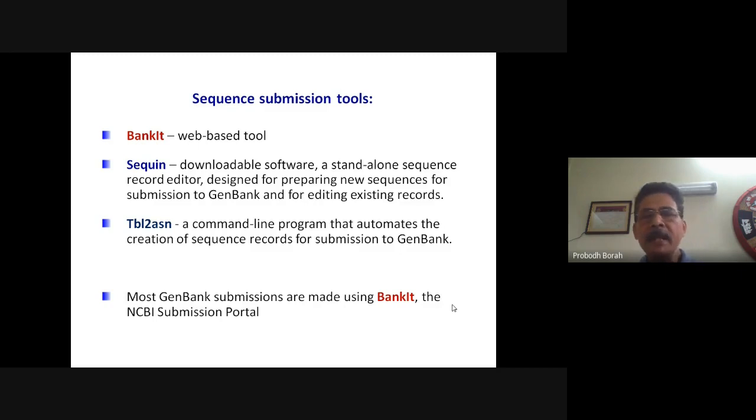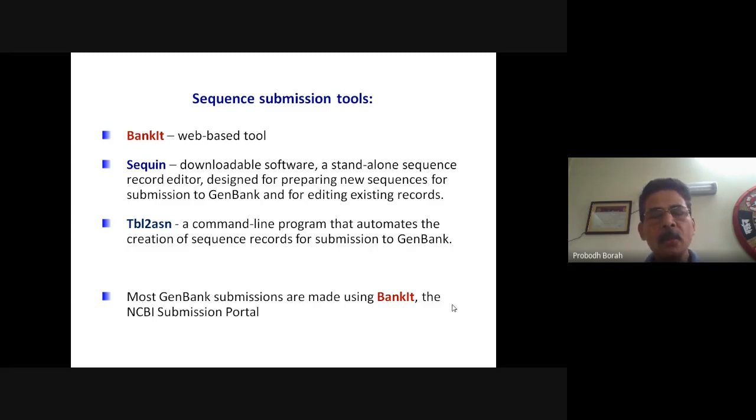Sequin is a standalone sequence record editor designed for preparing a new sequence for submission to GenBank, or you can also edit existing records in the GenBank database with the help of the Sequin software. Today we shall demonstrate the use of the web-based tool BankIt for submission of a sequence.